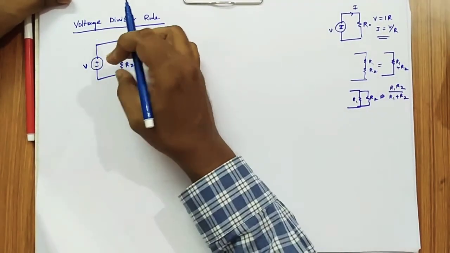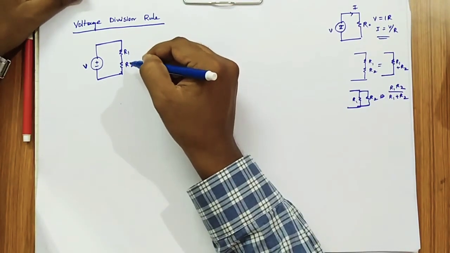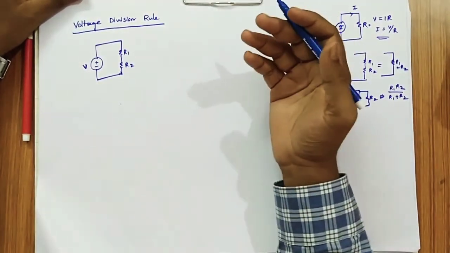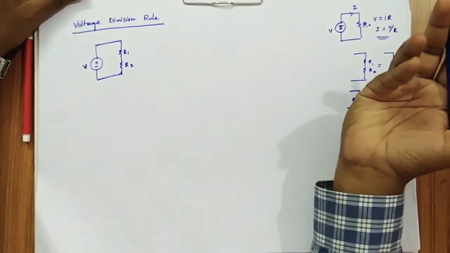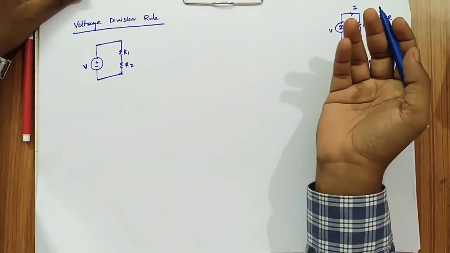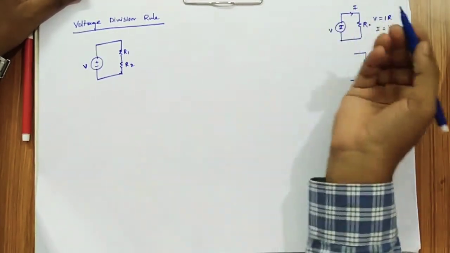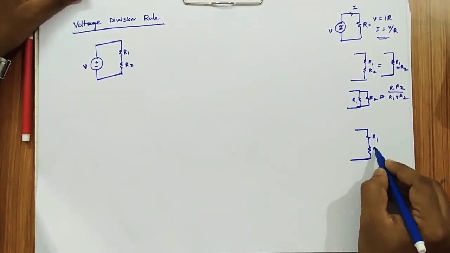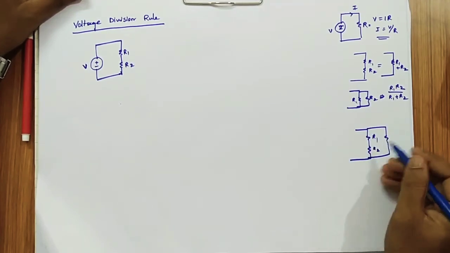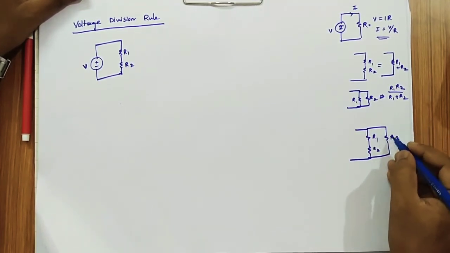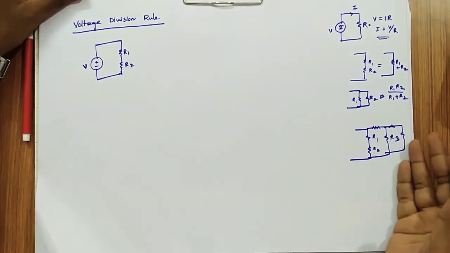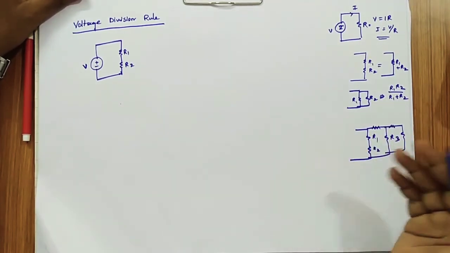The voltage source may have not only two resistors in series, but multiple series-parallel connections in a network. There may be multiple elements connected in series or parallel, like, for example, two resistors R1 and R2 combined in parallel with R3, and again in series or in parallel with another. So these are the complicated circuits, and for all these circuits we have different techniques to solve.